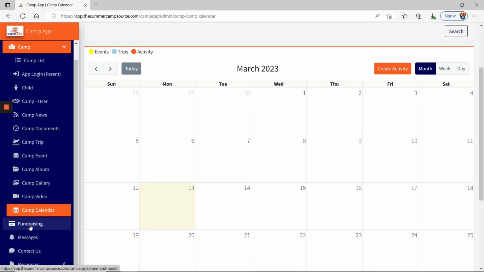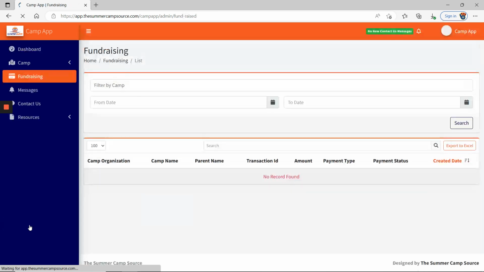Okay, so next we have fundraising. Fundraising is optional within the app. It's all outlined in our user guides on how fundraising works. But if you do set it up, your parents will have the ability to donate right through the app. It'll take a credit card and list a transaction history here for you, so you can keep track of fundraising